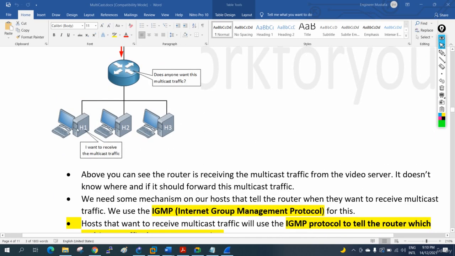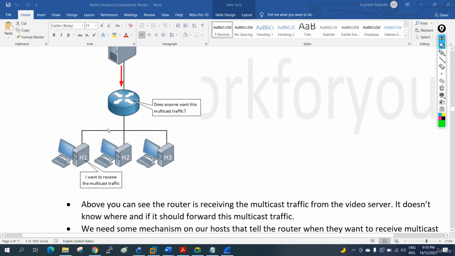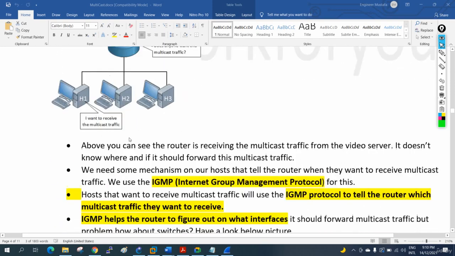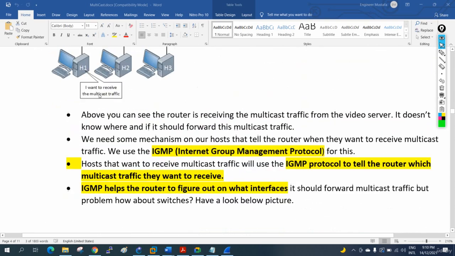How will he send? Because he needs to reply, he needs to say that. So if you see this scenario, what we are saying here is that whenever the video server is sending, the host needs to reply. We need some mechanism on our host to tell the router when they want to receive the multicast traffic, and we use IGMP,